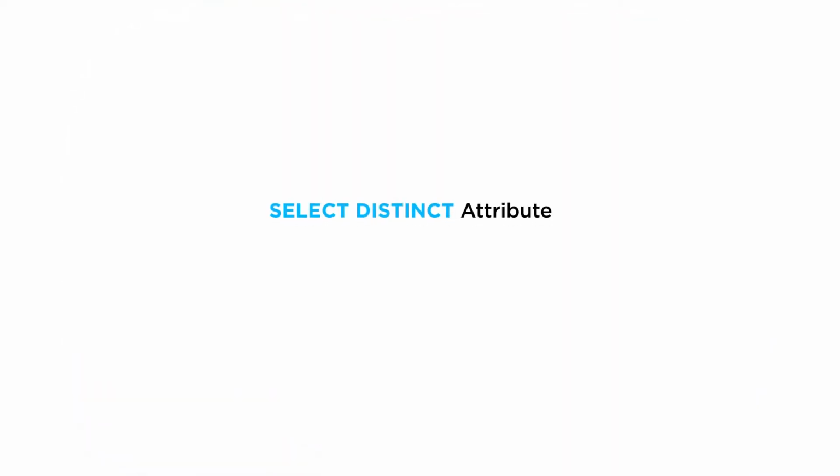the results. The syntax of this command is select, and then immediately after select we put the keyword distinct, and then we continue by putting the attributes that we want to return. After that, as usual, we have the from keyword and the name of the table. The distinct keyword that we put after select effectively means that we are going to eliminate any duplicate rows from the results. So if two rows in the result, no matter if they are consecutive or not, contain exactly the same data values, then SQL is going to eliminate the duplicate row.